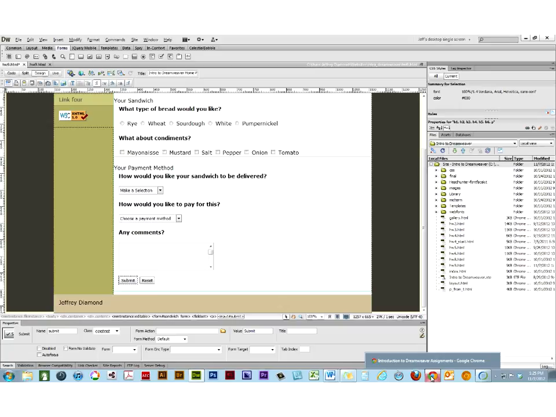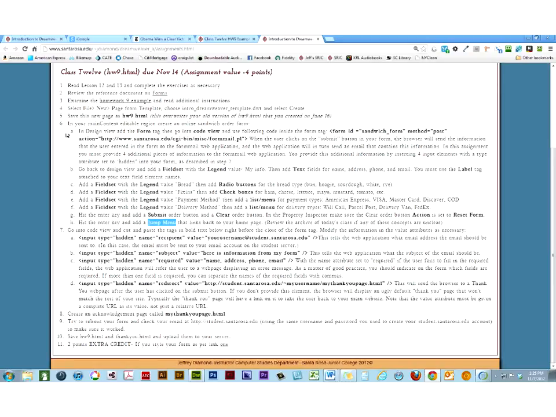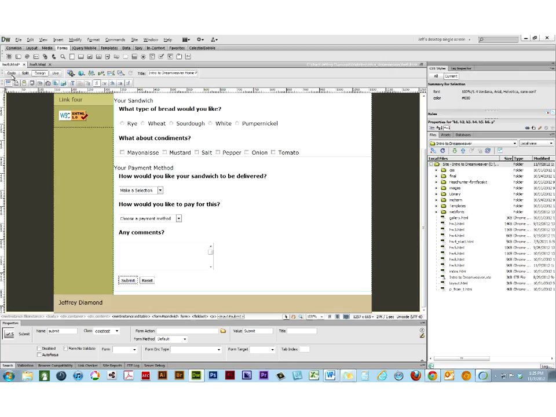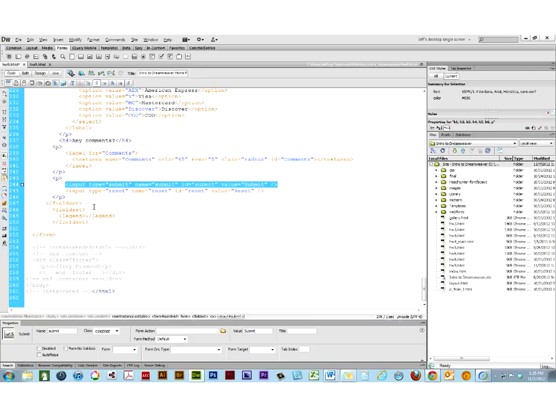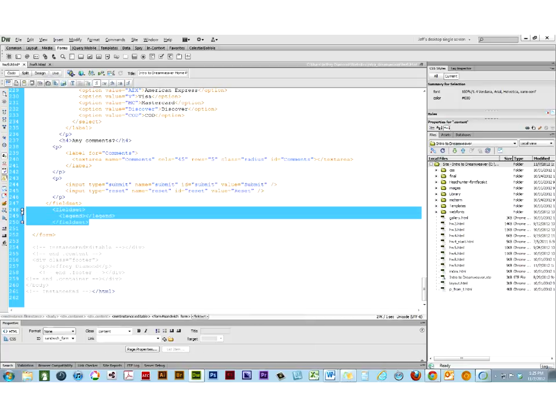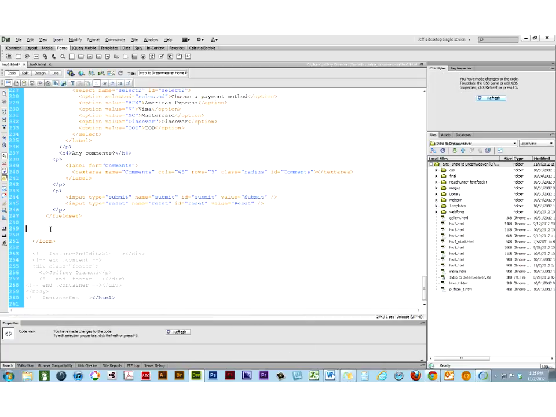So the last thing that is key to making this work, and this goes back to what I was saying earlier, is after you complete all of the steps as part of step 6, remember in step 7 it said go into code view and cut and paste the tags in bold right before the close of your form tag. So if I take this first one and I select it and I copy it, I go into Dreamweaver and I go back to code view, and I can see I have this empty field set tag. I can get rid of that, and I'm going to hit the